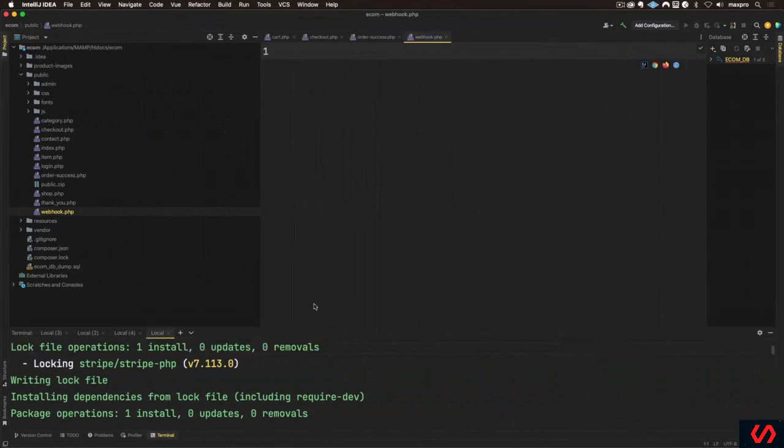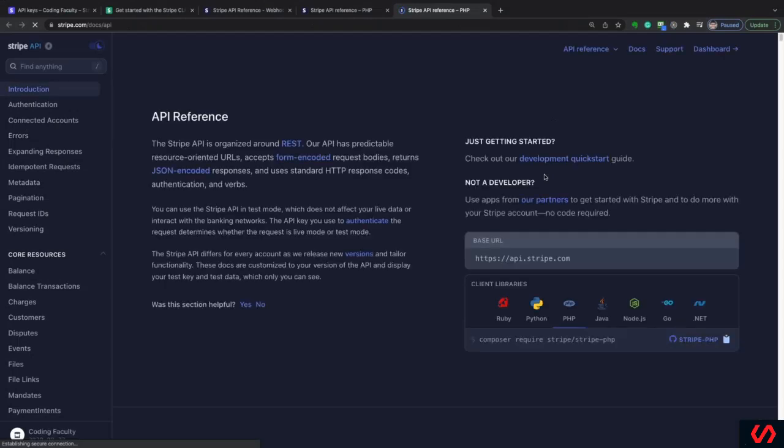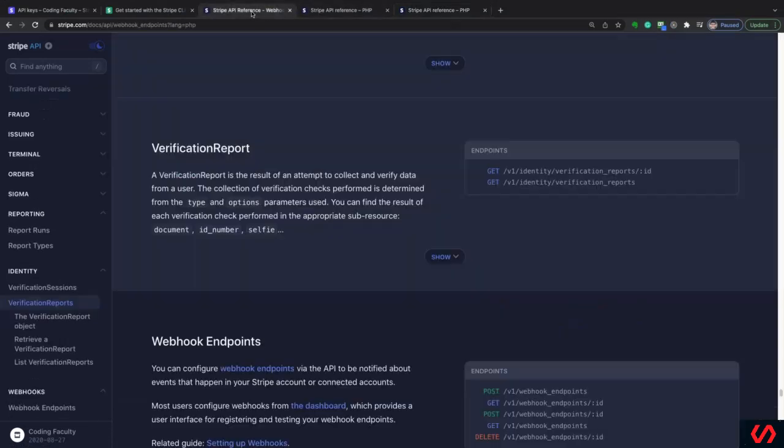Now we can play around from the CLI, from the command line. You can execute all the Stripe CLI commands. So for example, you can say stripe open api. If I do that, you can see that this is going to open the API page. And here you can look for webhooks and learn some of the stuff in there. You can also look at the